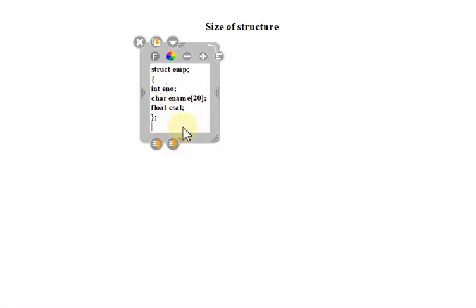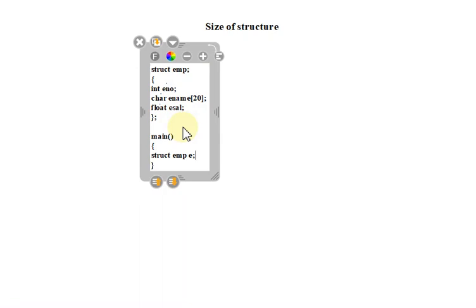In the main function, what you need to specify is the structure, that is struct emp. This is your structure. Combinedly, struct emp is your structure, and it is a user defined data type, and this e is a variable of this data type.